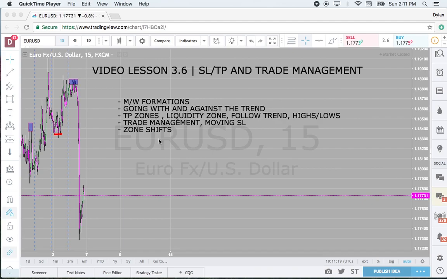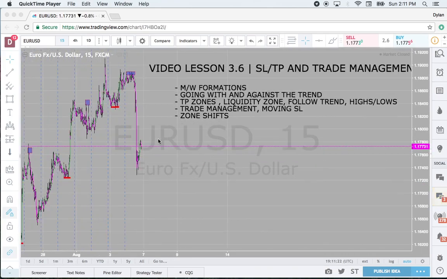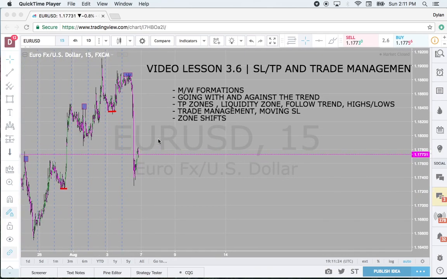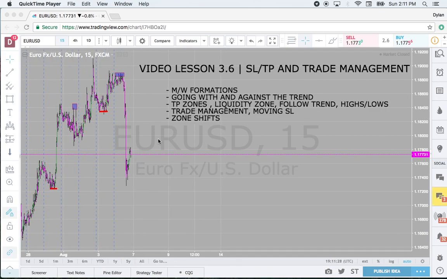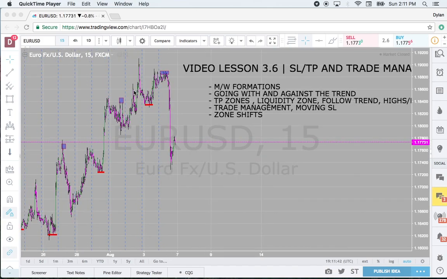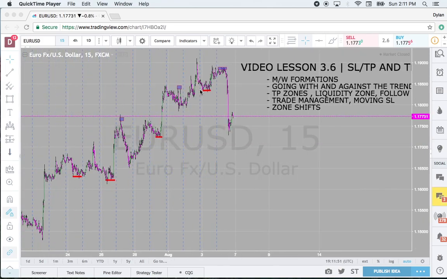Zone shifts: when price quickly moves out of the high or low range that it was working in and shifts price out of that zone. Once that happens, you should be safe to move your trade to break even. So, moving forward,